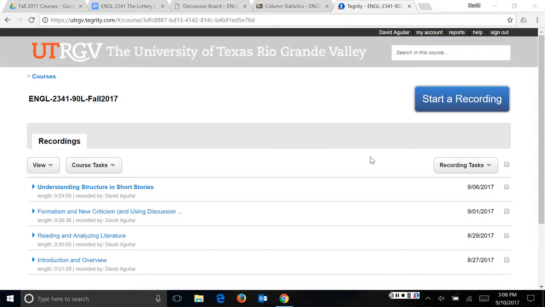One is the analysis of Shirley Jackson's The Lottery, and this is really in preparation for the literary analysis assignment that you're going to be doing on one of the short stories that we're covering for this first unit. Of course, this means that you won't be able to do your analysis on The Lottery, because that's what we'll be doing in this lecture. But you will have an opportunity to do your analysis on one of the three remaining short stories for this